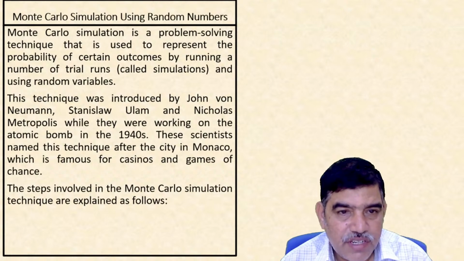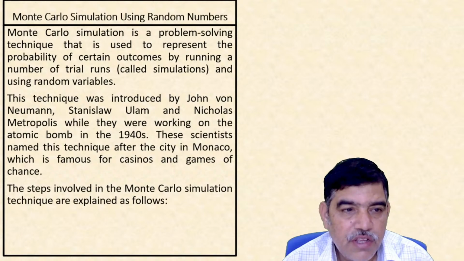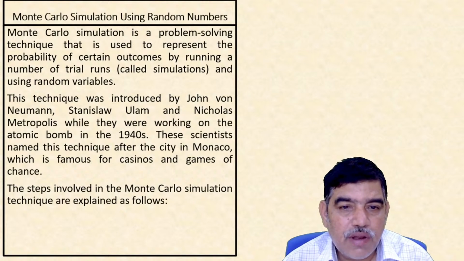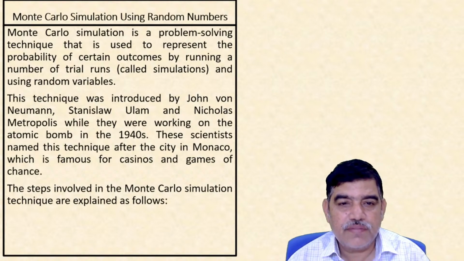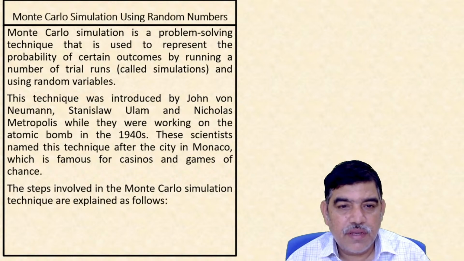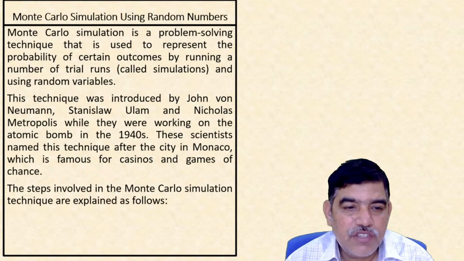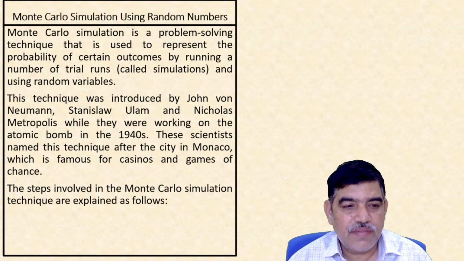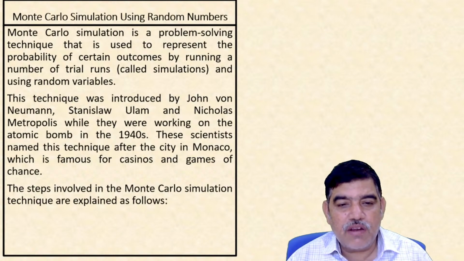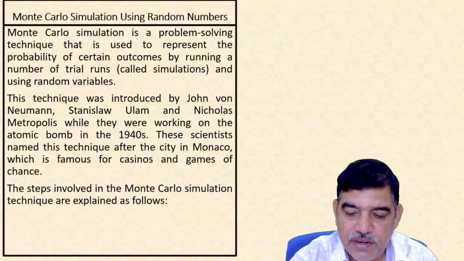This technique was introduced by John von Neumann while they were working on the atomic bomb in the 1940s. These scientists named this technique after the city in Monaco, which is famous for casinos and games of chance. The steps involved in the Monte Carlo simulation technique are explained